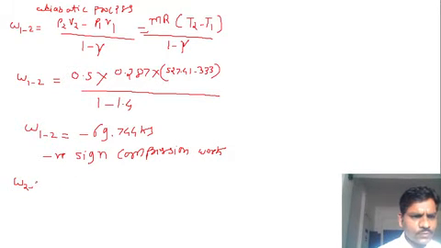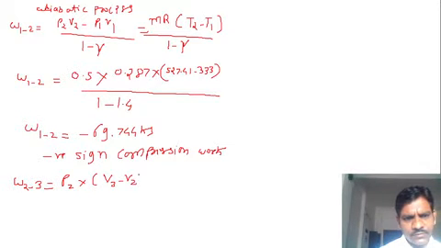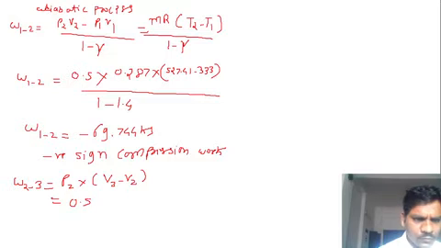Now another, for process 2 to 3. It is a constant pressure process. So what is the formula? P2 multiplied by, in a bracket, V3 minus V2. So put the values, guys, here. P2 is how much? It is 0.5 into. So it will modify after modifying this formula.